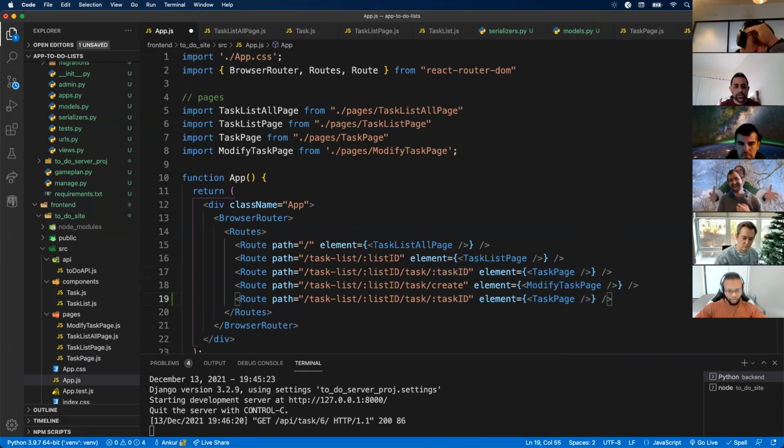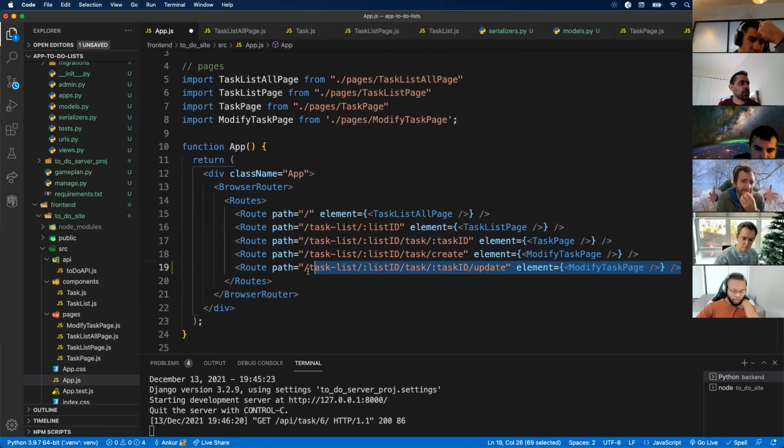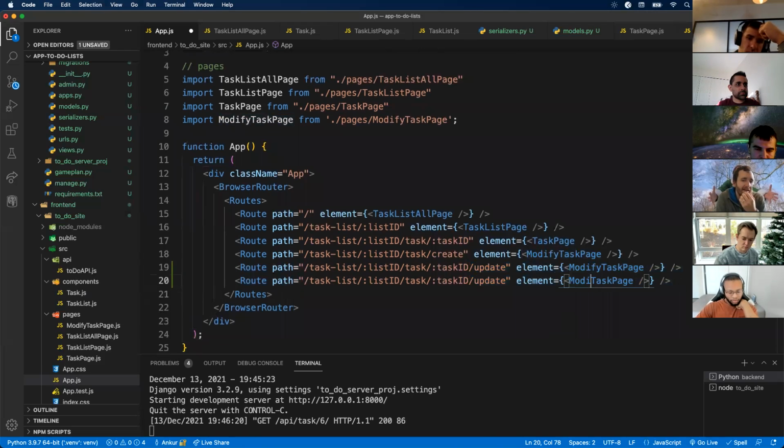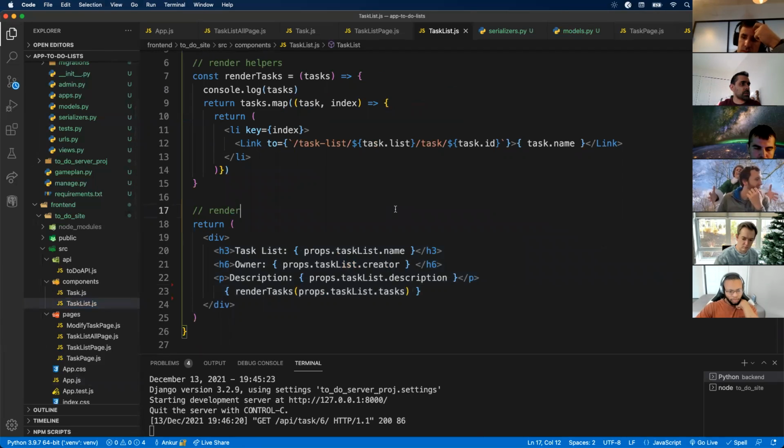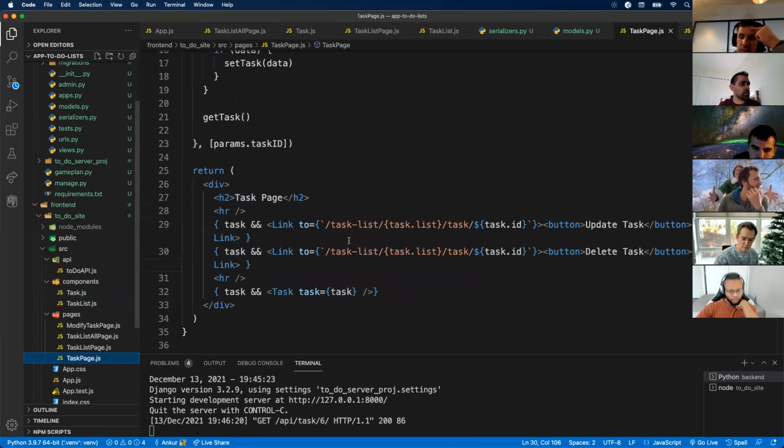List ID, task ID / update. That should go to the modify task page. Modify task page. So it's going to use the same thing as the add route, but we need to do something a little different. That might get a little tricky. In this case, let's create another. All right, so routing, hopefully that clears up the error I was doing before. Task list page. Task list page. All right, so we want to go to